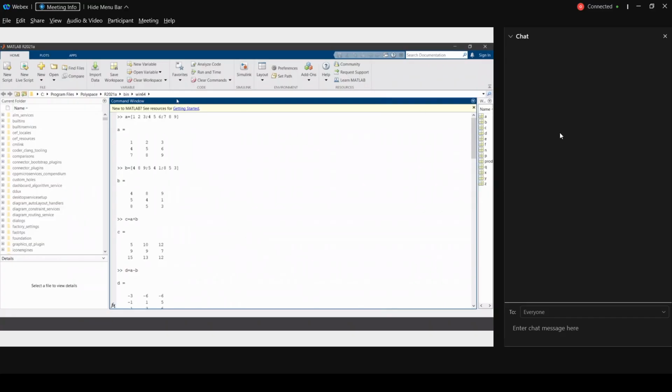Okay, fine. A, B, C, D. Okay, go down. And then A by B. A by B means we can write A into inverse of B. Yes, same thing. Go down. B by A. Okay. F. Fine. A, B. Go down. A into B, so scalar multiplications. Matrix multiplications. Z. Transpose. A into N. 3 by 3, 3 by 3. Okay.